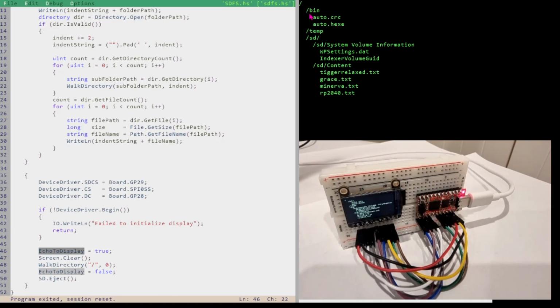So let's have a look at this. In the root folder, we've got a bin folder and a temp folder. And this is in the built-in flash of the RP2040. Well, it's on the board, it's not in the RP2040. And it'll always have an auto.exe, which is the last program you uploaded, which in this case is the program